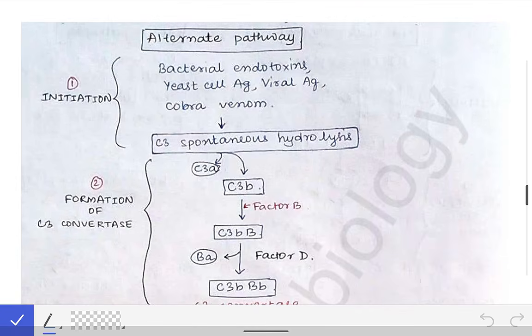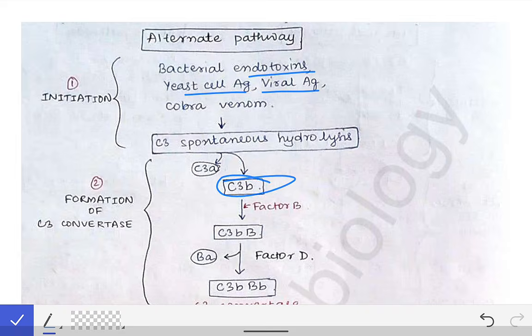The starting point is always the antigens of the pathogens. So here what happens is that the bacterial endotoxins, the yeast cells, the viral antigens and the cobra venoms cause the initiation of the alternate pathway. They cause the spontaneous hydrolysis of the C3 complement protein. So C3 here spontaneously gets broken down into C3a and C3b,